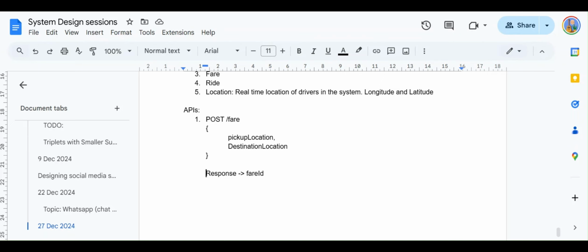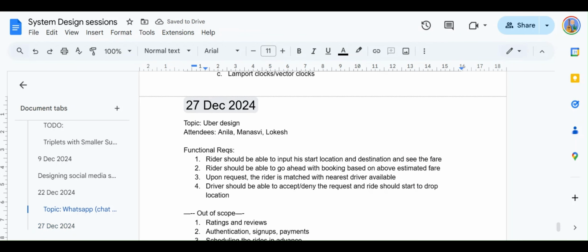So in the response you'll have the body of fare ID, the actual fare, then your pickup location, drop location, etc., and then a bunch of other metadata can be part of it. So using this fare ID, the next thing that we discussed was the rider can accept this fare. Basically, he can go ahead and do a booking based on this fare ID, right?